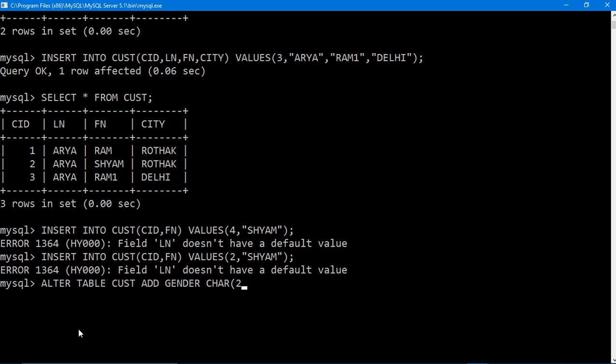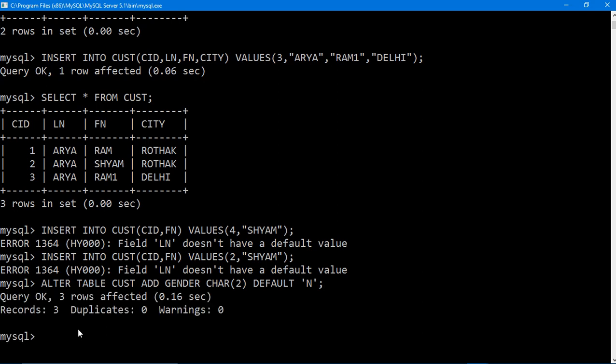Okay, by default I am taking it to be male. Okay, but if it is female then we can change it, you know that a default value can always be changed. Fine, so my table has been altered, a new column has been added, gender, the data type is char and the default value is n.